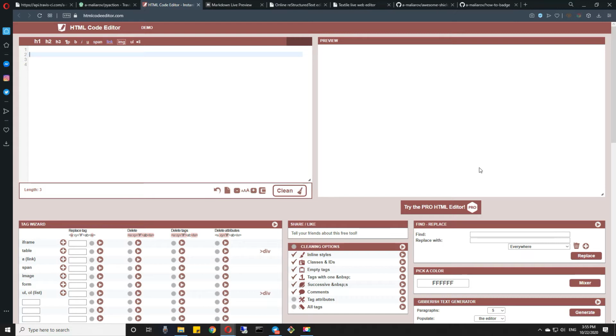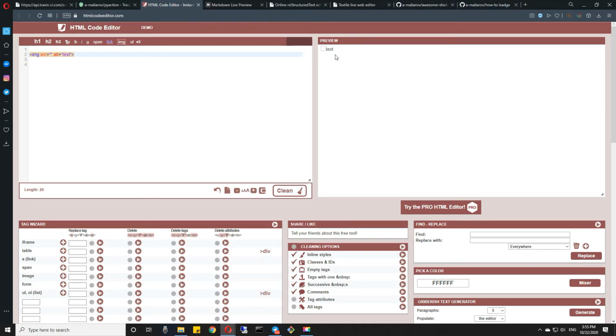So, since we already know that a badge is an image, how do you insert an image using HTML? Well, pretty simple, just by using an IMG tag, or image tag. The IMG tag has two attributes which we are interested in right now: SRC, or source, which stands for source link, and alt, or alternative text. This is something that should be shown if it was impossible to get the image using the source link. For example, technically right now, since the source link is empty, it is impossible to get the image. So if I were to put some text into an alt, you would see it here just as a replacement for an image.